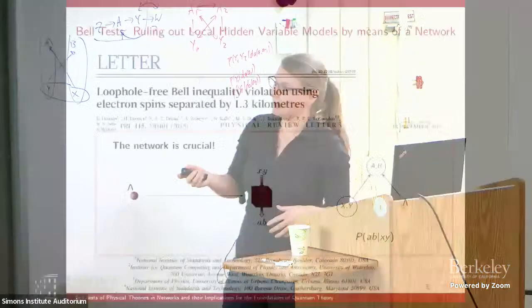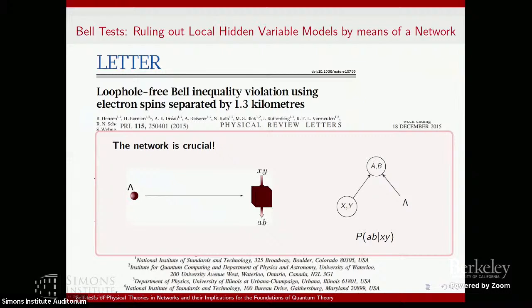this right. Okay, and of course the network is crucial, because if the parties were too close together, they could communicate. And if they can communicate about what questions they got, of course, we would be more in this network, where the nature of the lambda doesn't play a role for the conditional distributions. Okay, and so this is already a place where the network is crucial for us to tell us more about quantum theory, in the sense that we can rule out local hidden variable models for it.